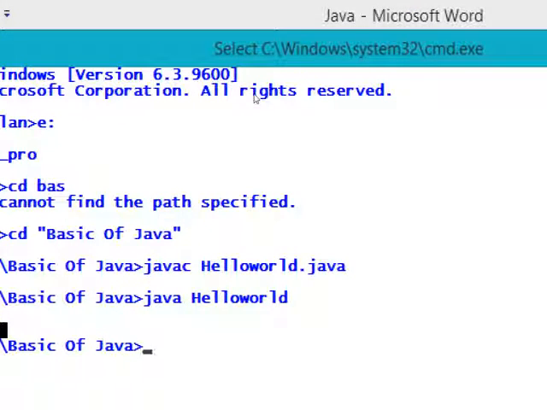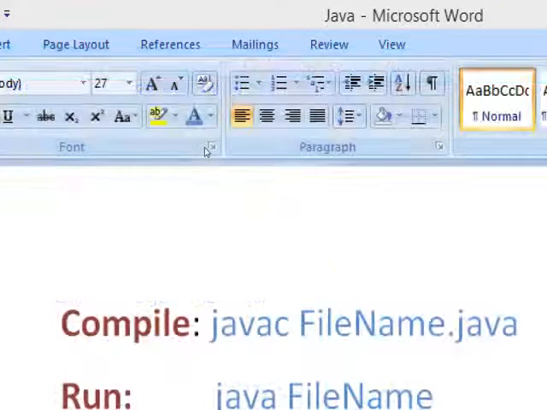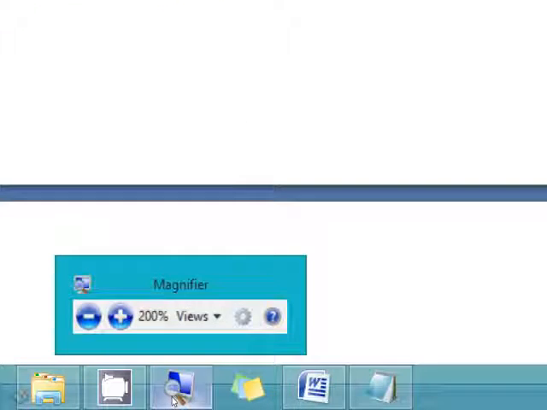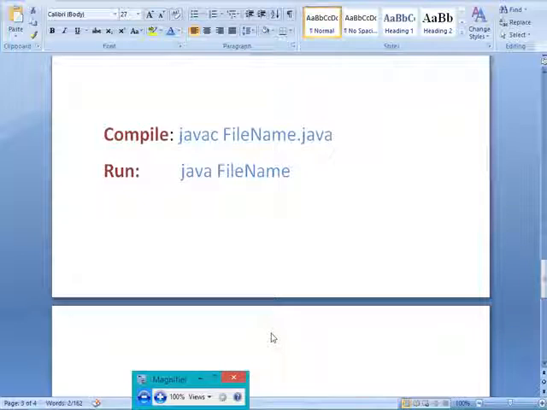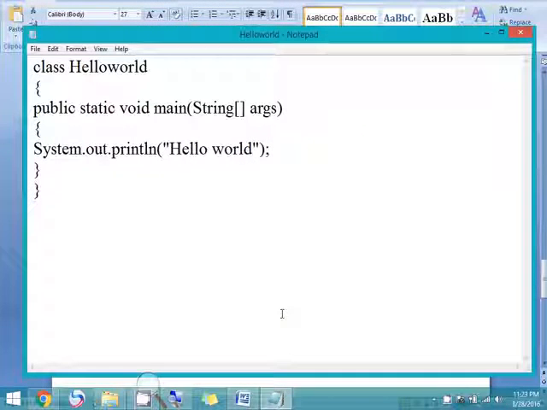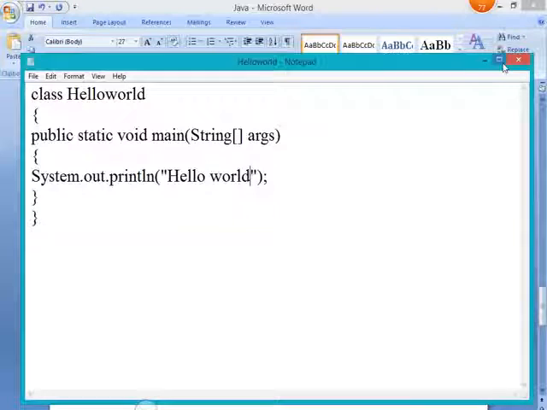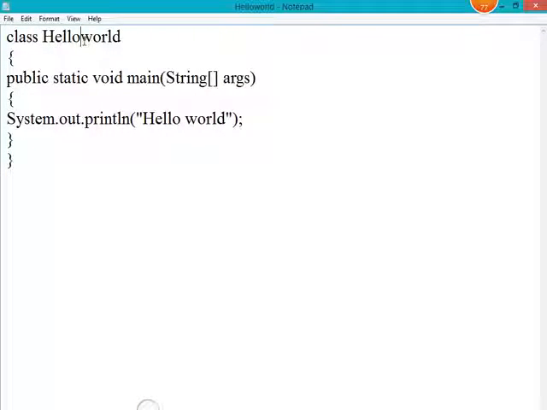So now I'm going to explain to you about this program, what I have done in that program. You can see here that I have written this program with class. This is the class name, the name we have given to our class. Class is a keyword we use for creating a class. Here I have written the class name as HelloWorld, and I have started the curly brackets, which means you need to open your class here.